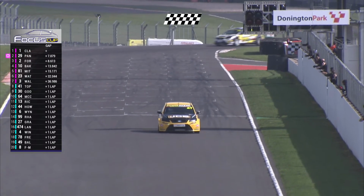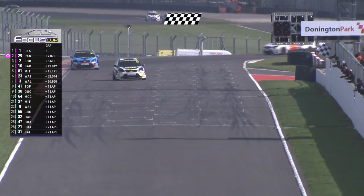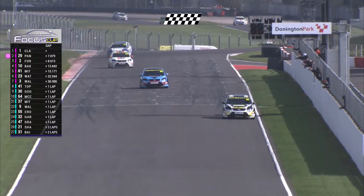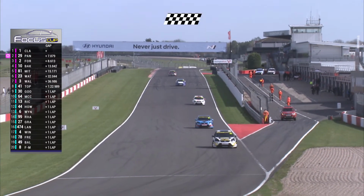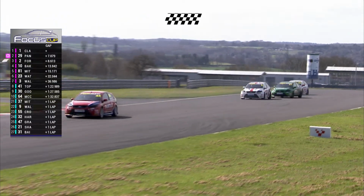And as he turns his way through now, Alistair Topley is going to finish in 8th place, but more importantly, as far as he's concerned, that is good championship points in the early stages in Class 2. He's followed over the line in Class 2 by Jamie Good, who comes through to finish in the K&N car, the number 30 car, second in the class, and third in the class should be number 64, Mark McCann, but